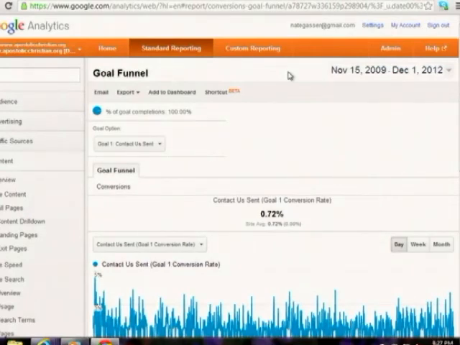Then you can use that goal to go back to ROI and say, if we're paying $50 a month for a banner on this site and $90 a month for a banner on this site, which one is getting us more money based on the number of people who sign up, having come and visited us through those? Do you know what I mean? So goals let you add dollar values to things. In this case we didn't, because there's no dollar value on a contact us. But anyway, that's